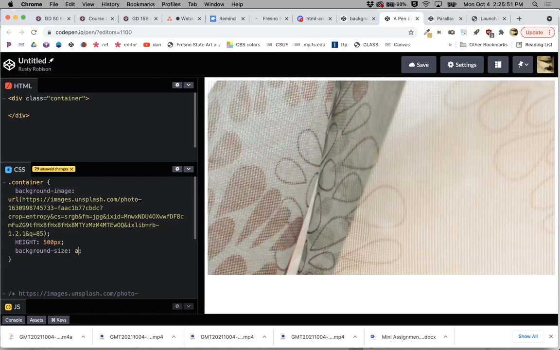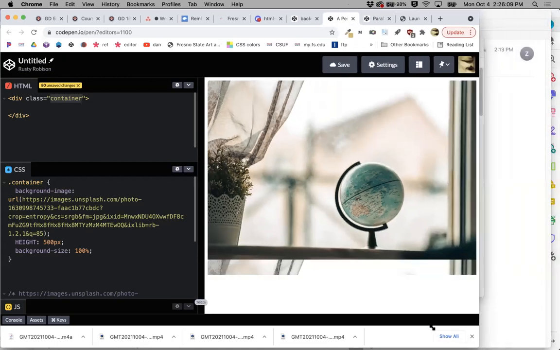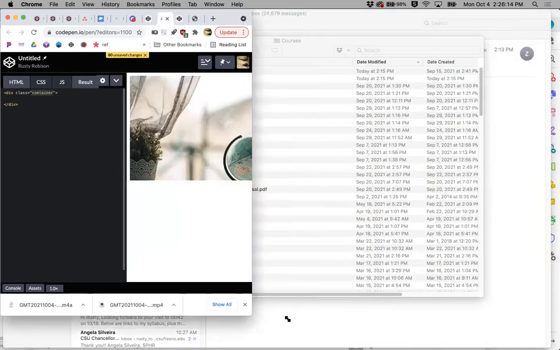We can say 100%, and it's going to fit to 100% of its div that it's inside, container, which is 500 pixels high. And one thing we can take note of here is, as we resize this, it resizes itself, but